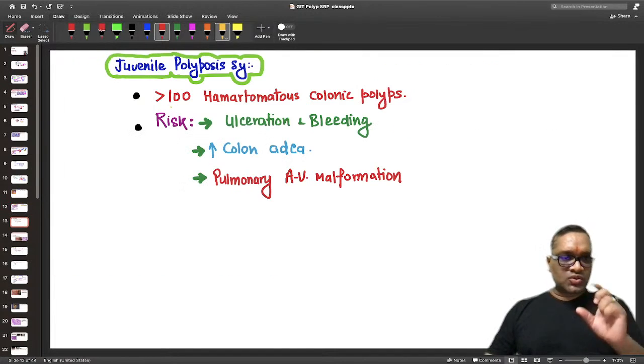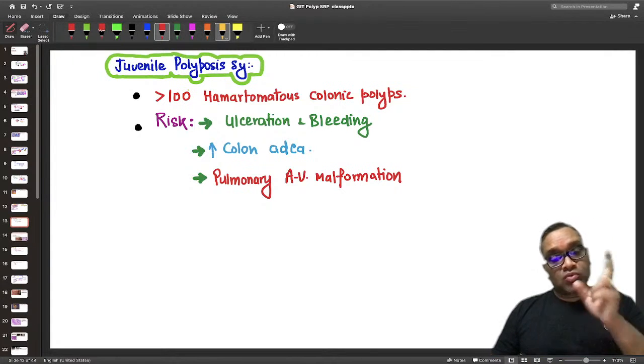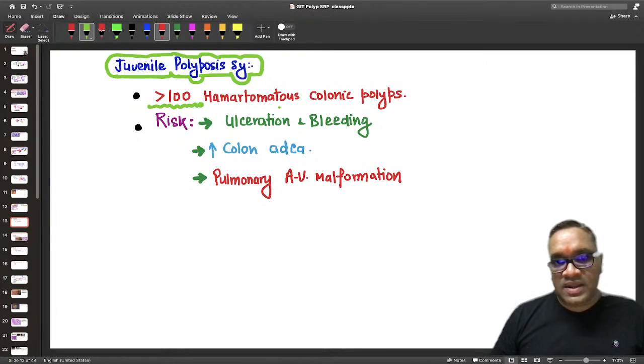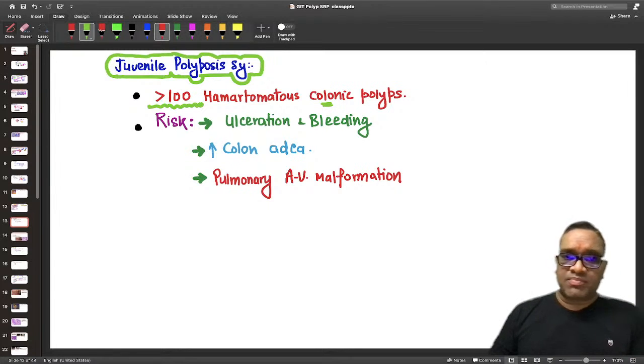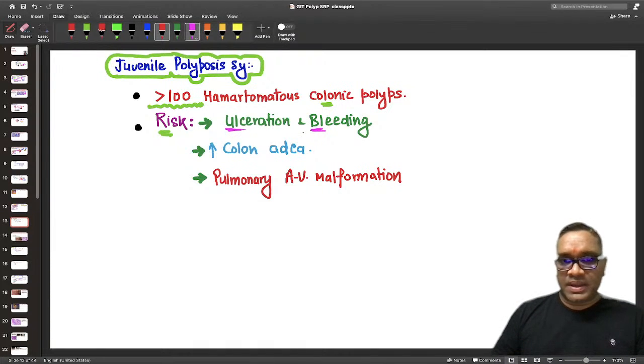Now the next one is the juvenile polyposis syndrome. See, juvenile polyp and juvenile polyposis syndrome are different things. Juvenile polyp was solitary. You remember, they were solitary. But how is this one? There will be more than 100 hamartomatous colonic polyps, right? So when you find more than 100 polyps in a young boy, then you will think about juvenile polyposis syndrome, and they have a risk for ulceration and bleeding, right? And they have an increased risk for the colon